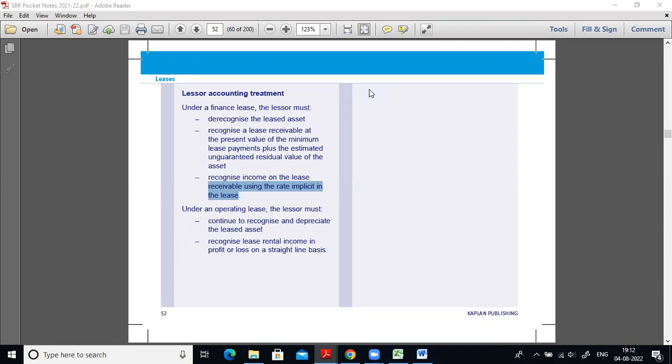Now, again, you should not convert that value into the present value, because the residual value is nothing but the amount which we expect in present monetary terms. Most students are generally confused: do we need to convert the residual value into the present value? No, you cannot, because residual value itself is the expected value in present monetary terms. Suppose you are expecting that you can recover around 50,000 as the residual value after 5 years, that 50,000 is in present terms only. No need to convert it again into the present value.